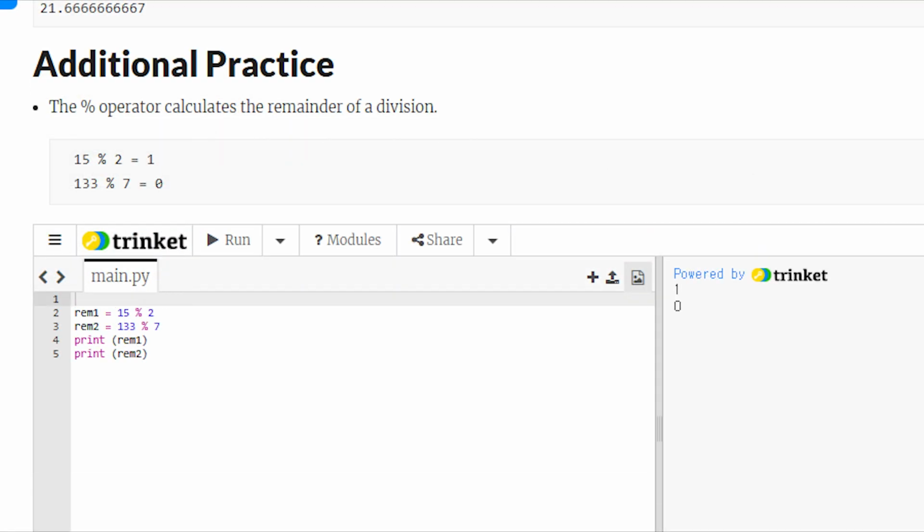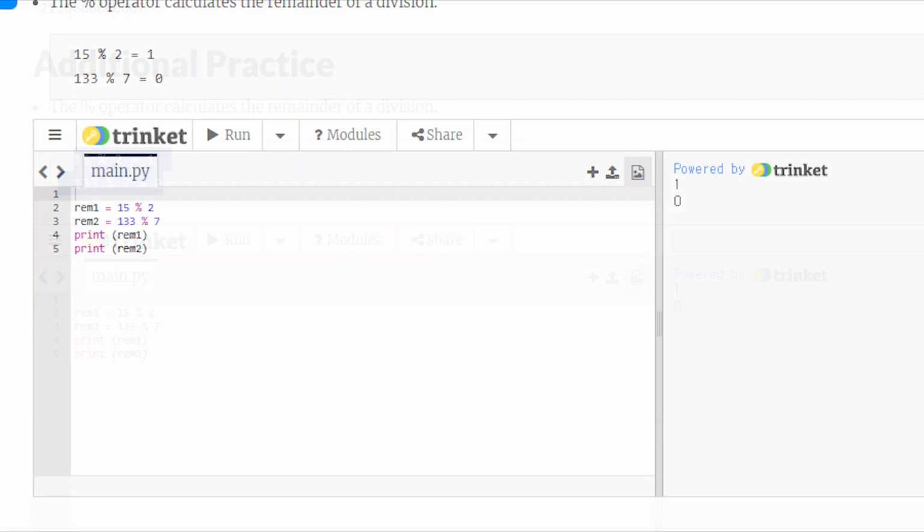Now let's move on to something called the modulus operator, which is written as a percent sign. This operator doesn't give you the result of a division, but instead it tells you the remainder. For example, if you divide 15 by 2, the quotient is 7, but there's a remainder of 1. In Python, you can write 15 % 2 to get the remainder, which is 1. Similarly, if you divide 133 by 7, there's no remainder because 7 divides evenly into 133, so 133 % 7